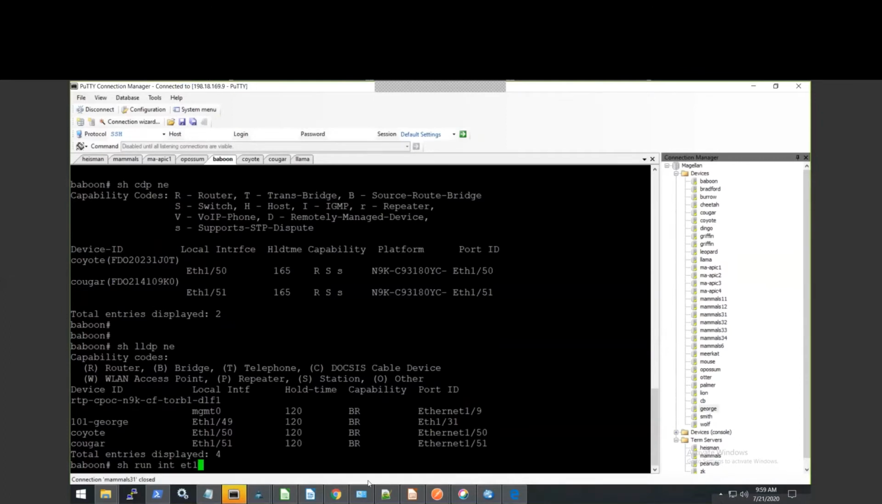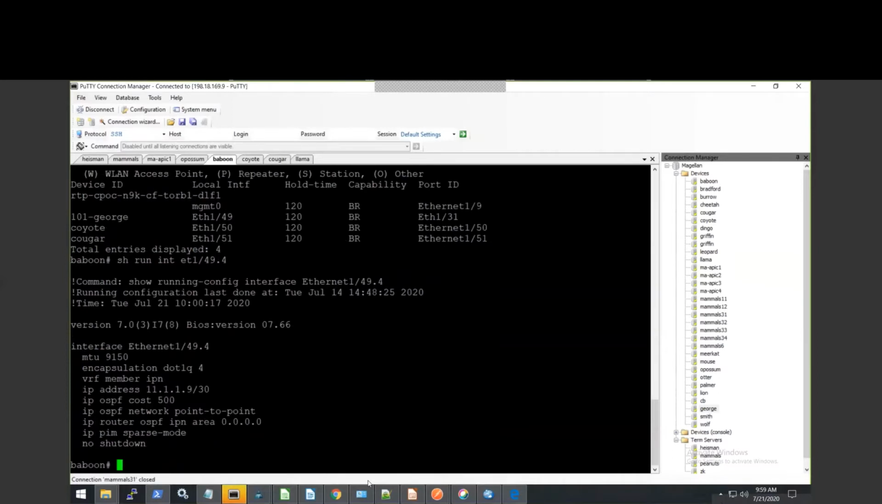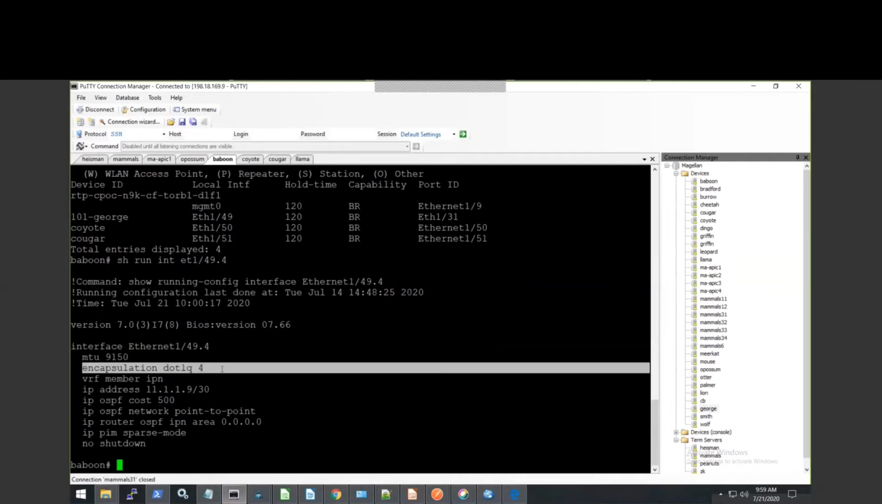Ethernet 1/49.4. One of the requirements for the MultiPod OSPF configuration is that we have to use a sub-interface, which is dot1Q VLAN 4 encapsulation. That's one of the requirements. So in this case, we have an interface Ethernet 1/49, which is connected to one of the spines. In my case, it is spine 101, and here I'm using the encapsulation dot1Q 4, and